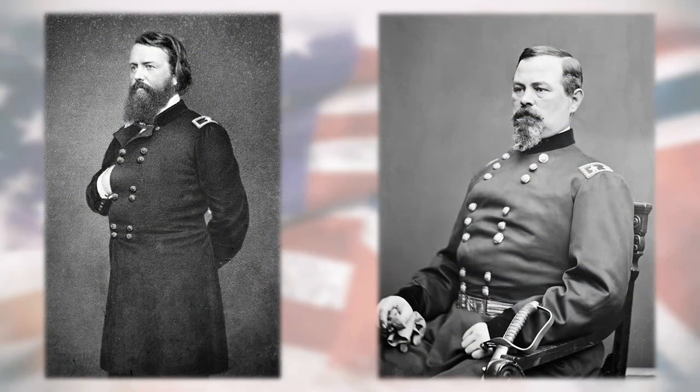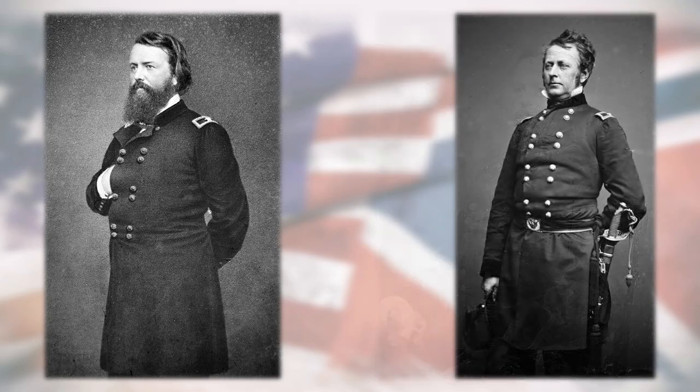At noon, Pope ordered McDowell to unleash his entire corps from Centerville and join the 2 brigades already protecting the crossroads at Germantown in order to defend the Federal rear from Jackson's men. An hour later, Pope ordered Major General Joseph Hooker to rush his division of the Army of the Potomac from nearby Fairfax Courthouse to the same spot for the same purpose.